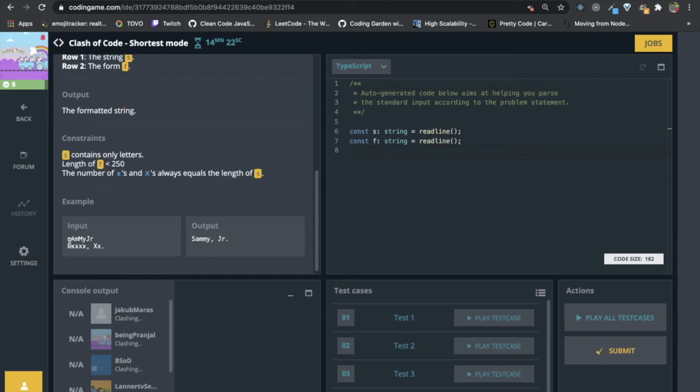So we can do s as dummy, and then we have a comma. For the comma, let's see.